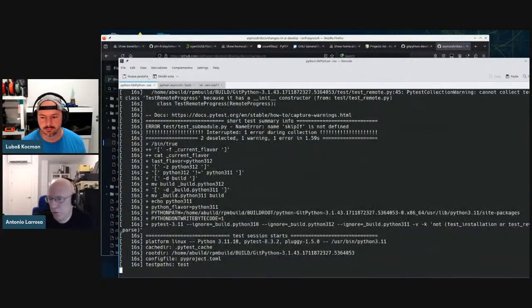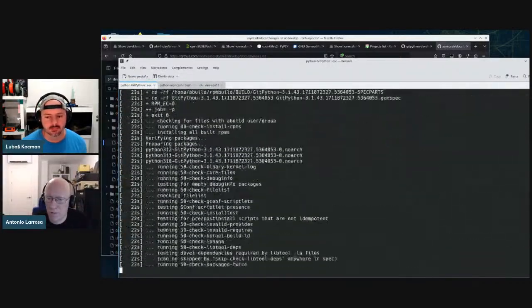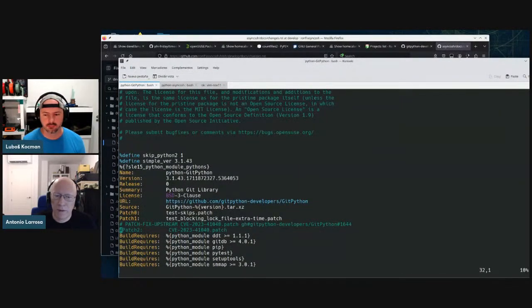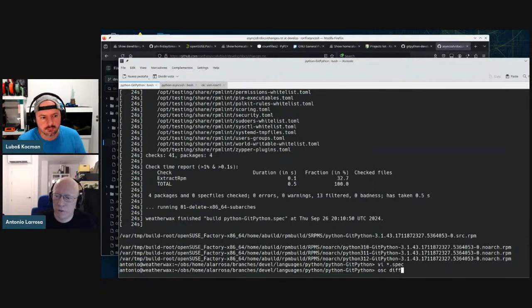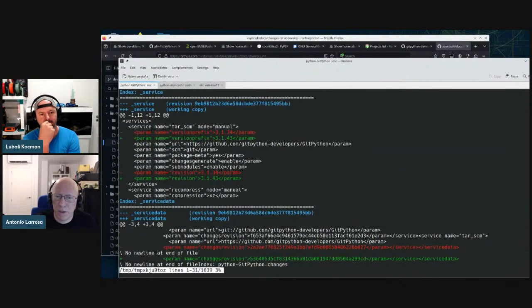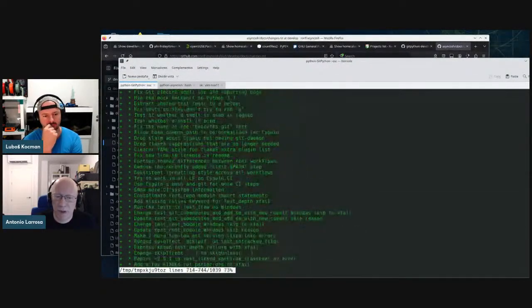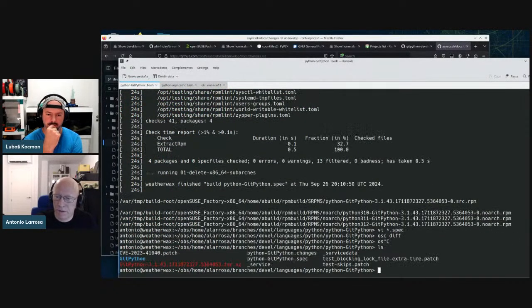In general, everyone has their own steps, their own workflow. But what I used to do is comment things here and there, and then when I see that everything is building fine as I want, I fix things and remove the comments. We can use OSC diff to see what I changed here. I added all the changes, the service file added all the changes, but since I am removing this CVE file,